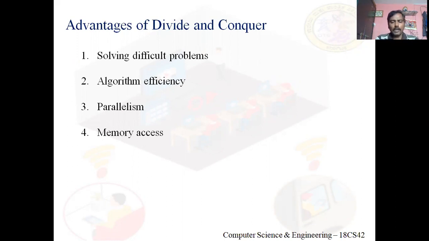See, what it means solving difficult problems. You are given a problem whose instance is very lengthy. Suppose I've asked you to determine the sum of a million numbers. I'll give you a million numbers and ask you to determine the sum of all of them. Is it possible for you to determine? Adding the first 2 numbers, then for the temporary result adding the third number, then for the new temporary result adding the fourth number. Can you do this?